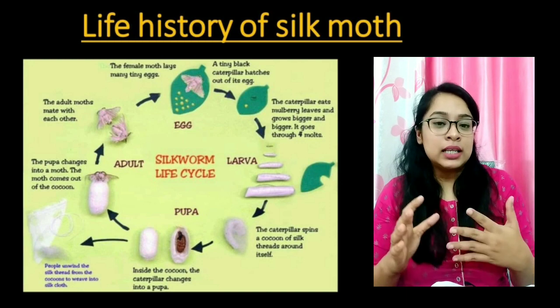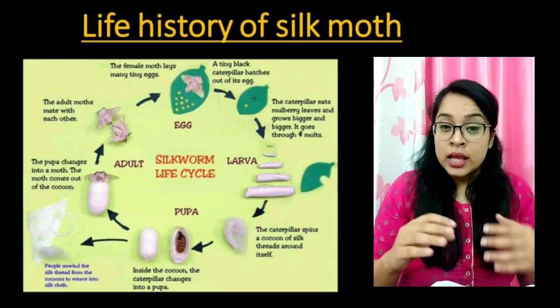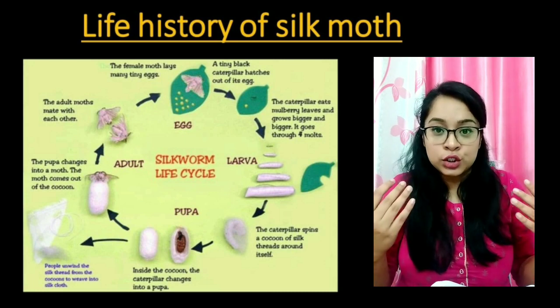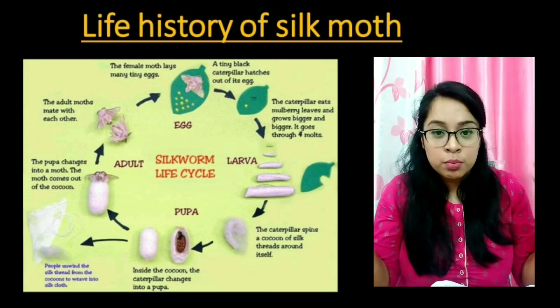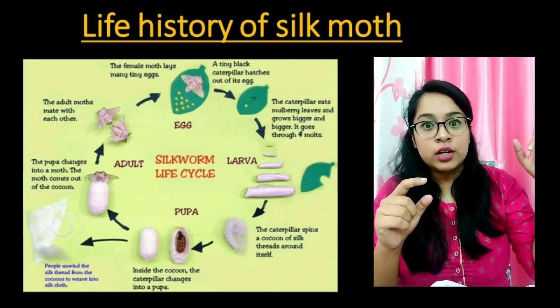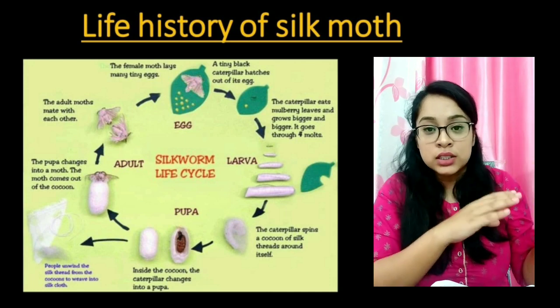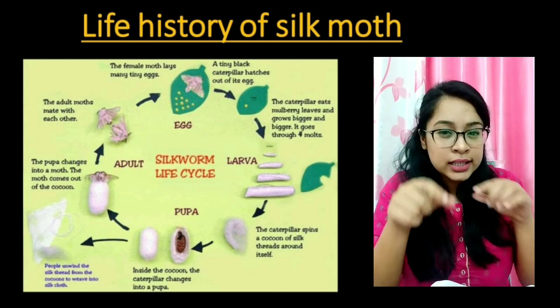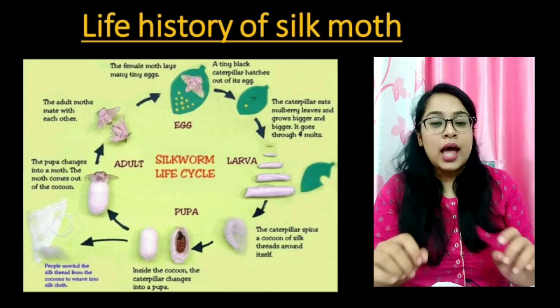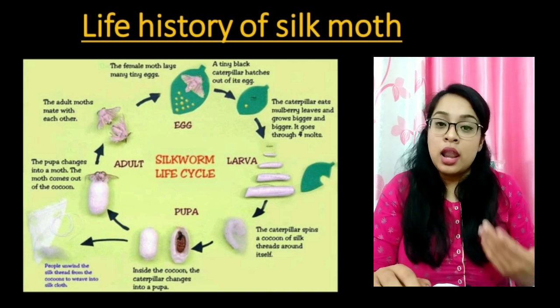What happens when a silk moth lays hundreds of eggs? Now, these eggs hatch not into a silk moth. They hatch into caterpillars. They look so different that they do not match the silk moth. They are like small creeping insects, and these caterpillars are known as larvae, or larva.